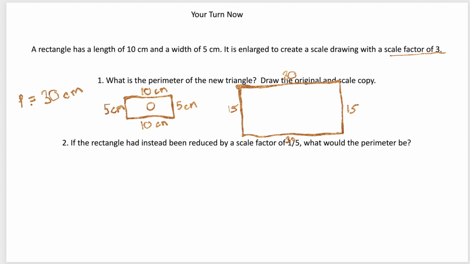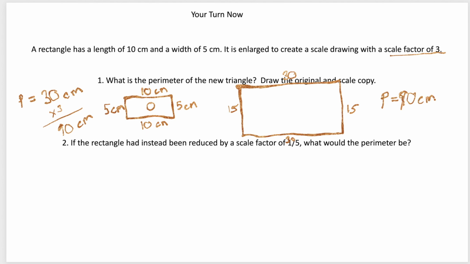So if the old perimeter is 30 and the scale factor is 3, if I do 30 times 3, that will give us 90 centimeters. So that means this perimeter over here should add up to 90. So let's see if we're right. So 30 plus 30 is 60. Plus 15 is 75. Plus 15 is 90. Guess what? There it is. So the perimeter of this shape is going to be 90